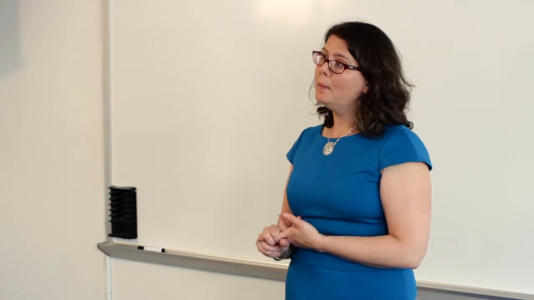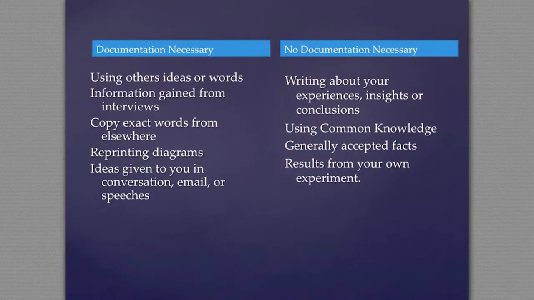Now, you don't need to cite when you're talking about your own experiences. So if you went to the library, you went to a historical site, and you want to talk about what you saw, those things don't need to be cited, but you'll want to make it clear that that was your experience. If you're using common knowledge, and common knowledge is like generally understood ideas,